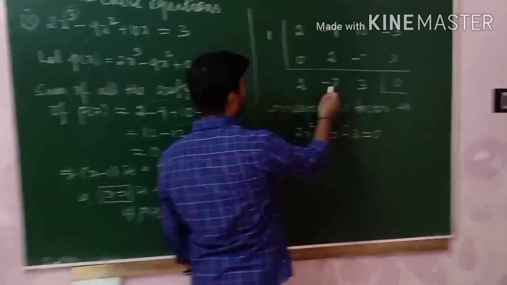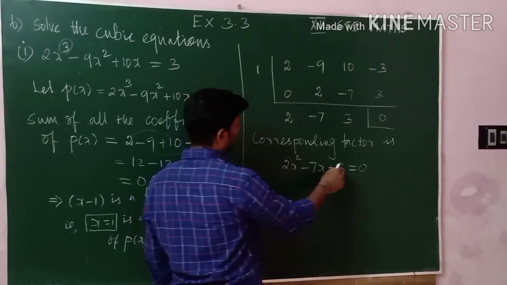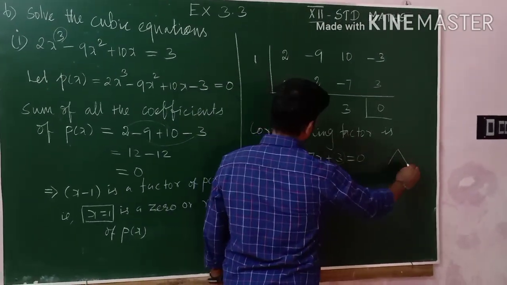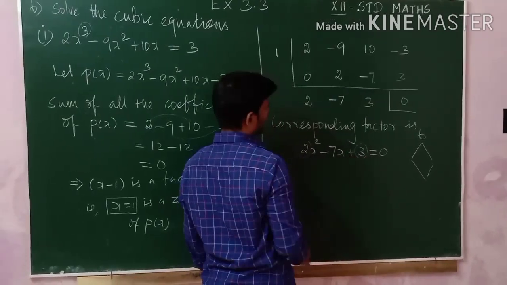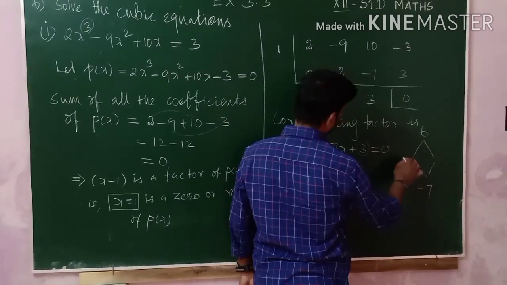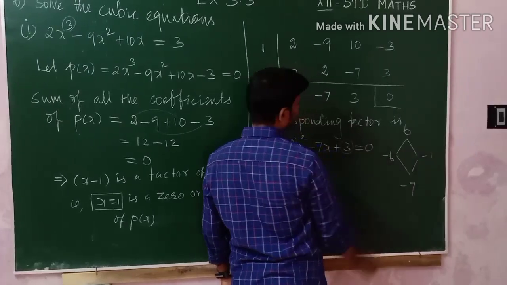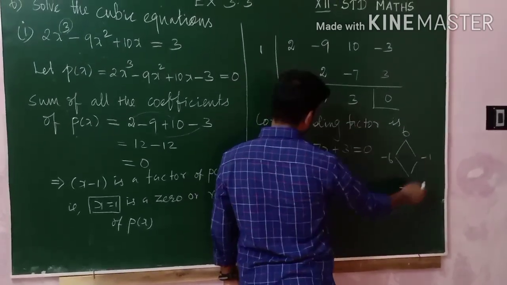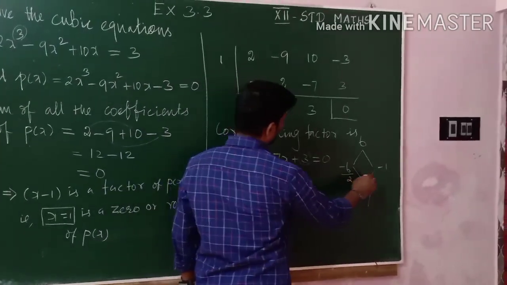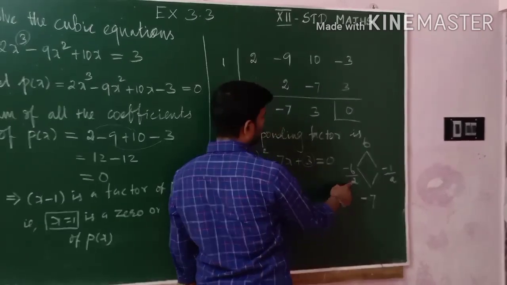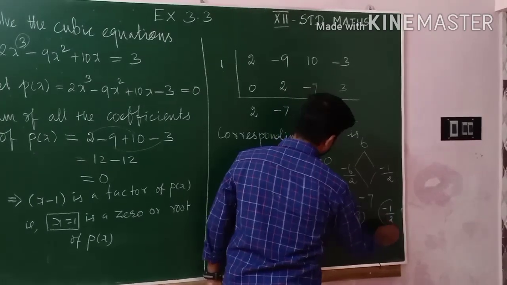2x square minus 7x plus 3. The constant term, x term, x square term. So now we'll factorize this. Take the coefficient of x square, multiply with the constant term. So when we multiply, we have to get 6. 2 3s are 6. And when we add, we have to get minus 7. So I'll take minus 6 minus 1. Minus into minus plus, 6 ones are 6. Minus 6 minus 1, you add, minus 7. But what is the coefficient of x square? 2. So divide by 2. If you divide by 2, 1 2 is 2, 3 2s are 6. And here minus 1 by 2.